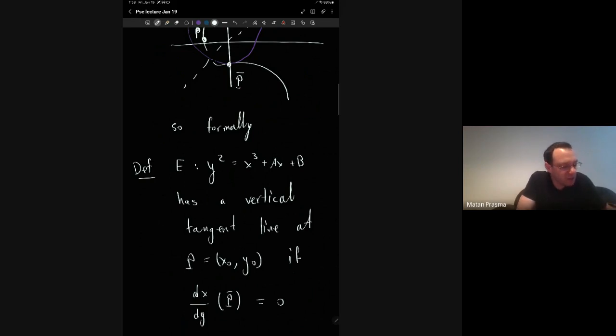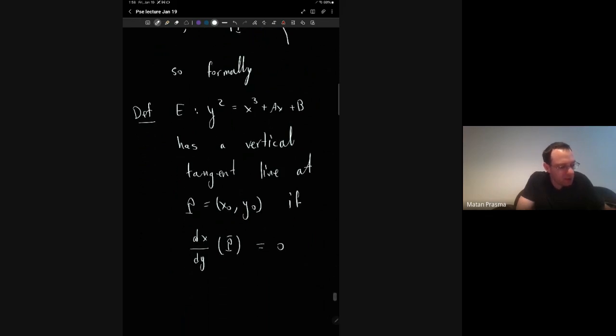Okay, and you see that this definition is applicable over any field, right? It's certainly a definition that we can extract over the real numbers. Over the real numbers, it has a geometric meaning. Of course, the equation of this tangent line, then the equation of the tangent line